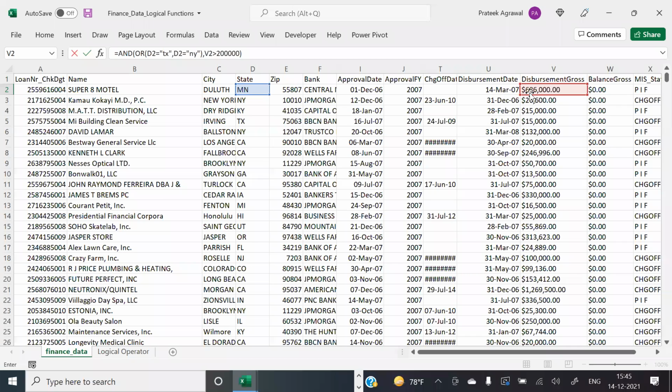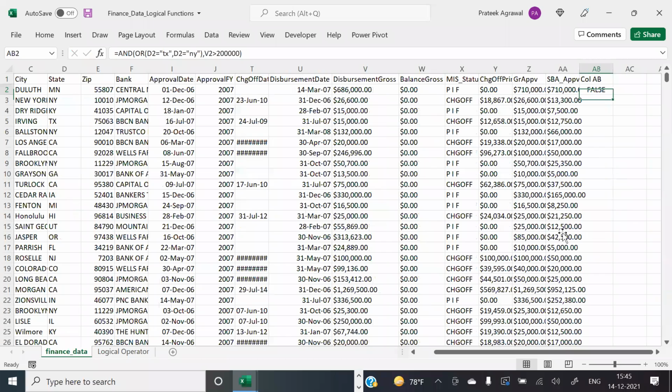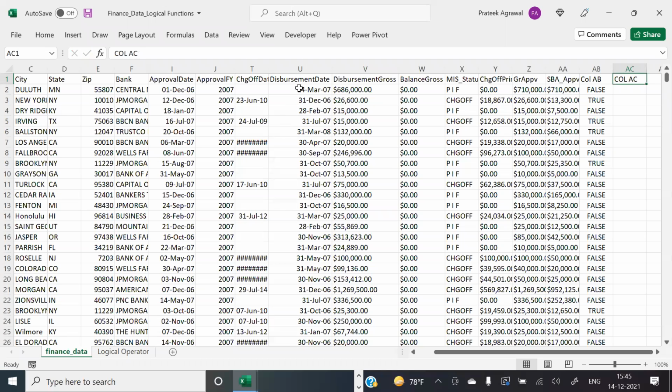Okay, is this clear? The first one? Yes. Anybody has any questions in this? No. Good. Second one I said was very simple. I don't know why you guys thought it's such a complicated one. It's just a very simple thing that I said. I wanted to check if when the loan is disbursed versus when it is applied, is it more than 9 months or not, right? So simple thing you could have done.